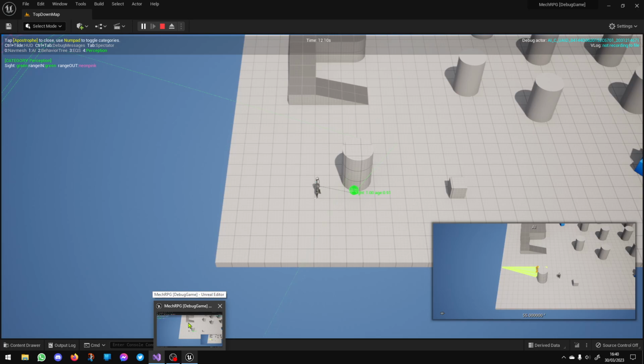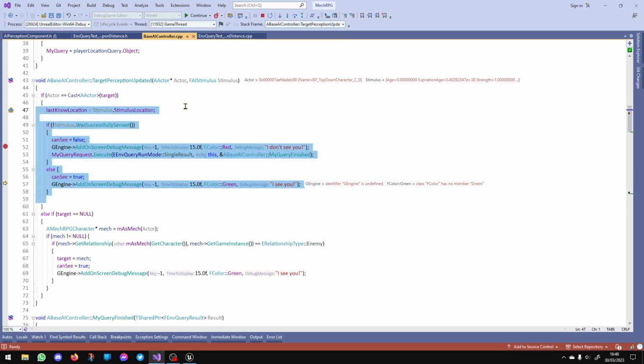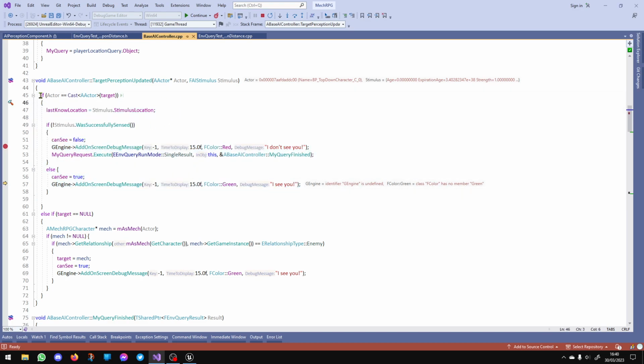You'll see in a second when I hit play. And so we can see them now. That's all this perception does. That's all you need to use this for. This is just: do we currently have line of sight on the target? Yes, no. And all this does for me then is hook into my environment query system,